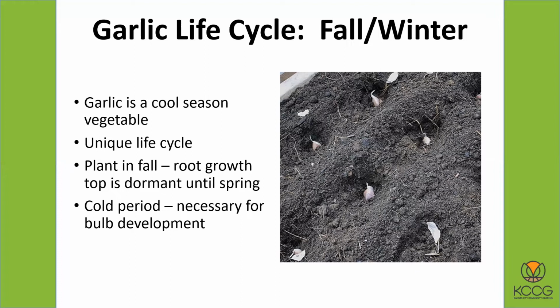necessary for bulb development. And if you read some gardening books, they'll tell you to plant your garlic cloves very, very early in the spring. And that is true for the northern half of the country, especially the farther north you get, because it would not do well over the winter, and the winters would be too harsh. Our winters can be harsh, but garlic, especially the kind that we're going to recommend growing to you, can take very cold weather. And that cold period is actually necessary for it to develop into a full-size bulb,